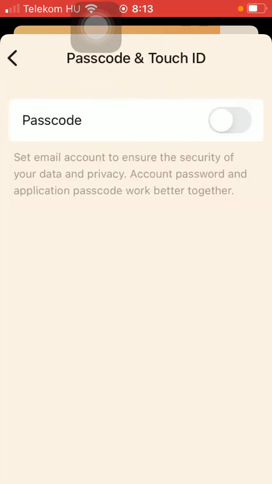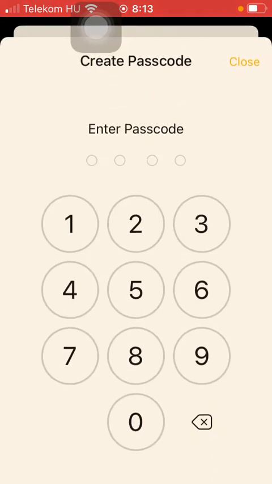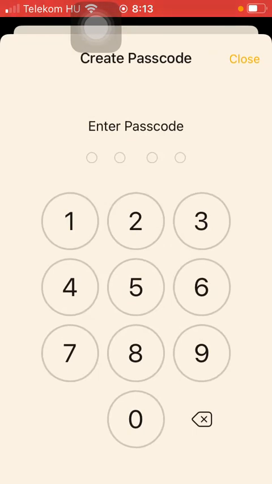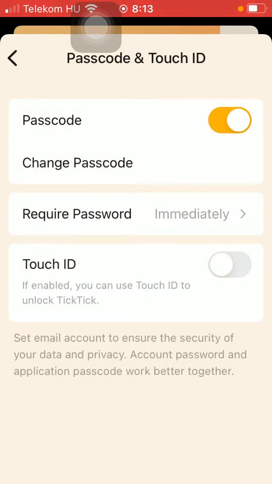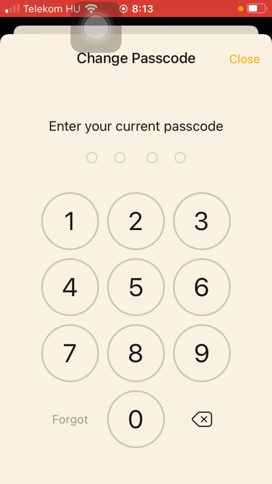As you can see, set email account to ensure the security of your data and privacy. Account password and application passcode work better together. So click on passcode and then you should enter the passcode that you want to set, and re-enter it. If you want, you can change it by tapping on the change